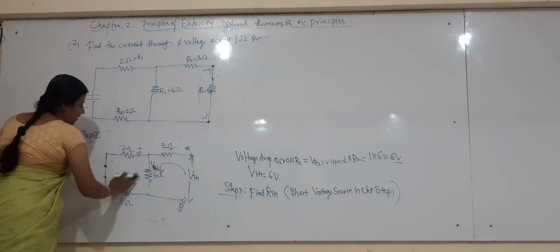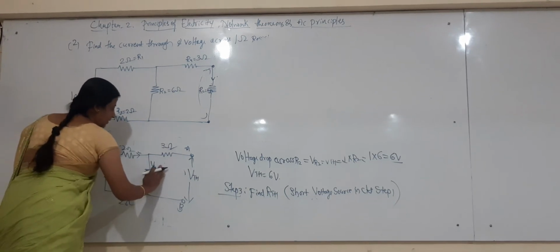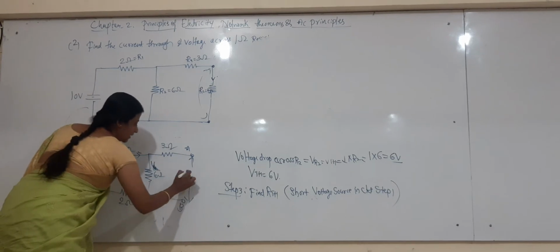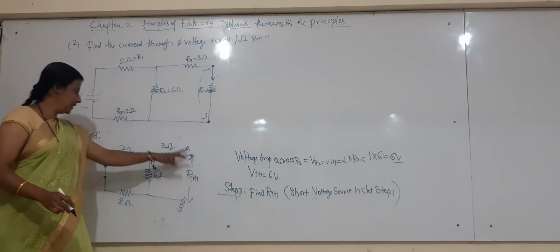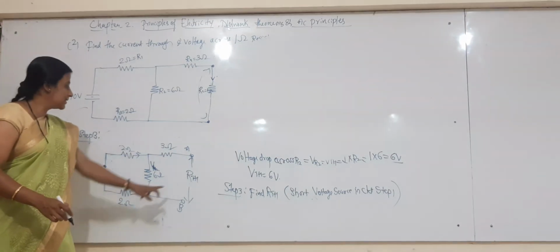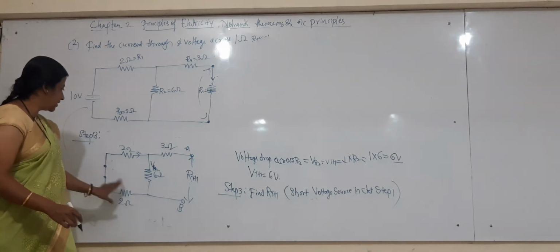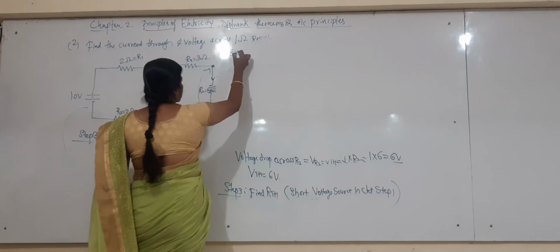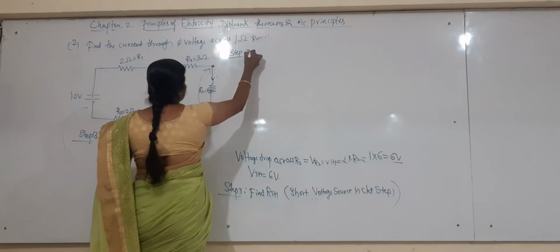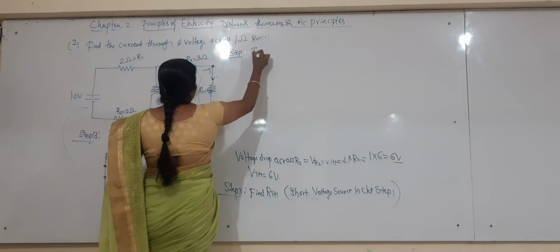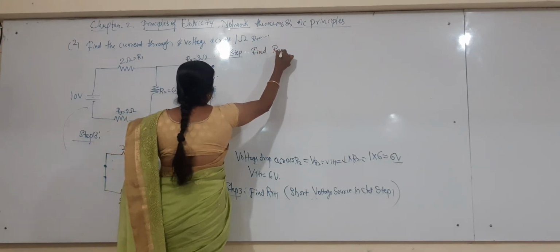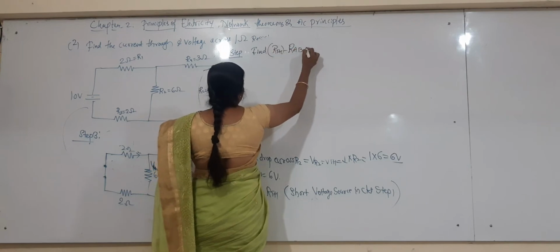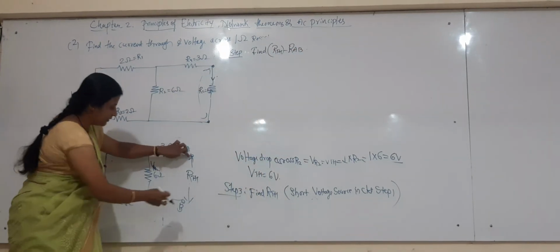Then, when the circuit looks like this, next we have to find the RTH between the resistors. The circuit reduces like this, connected this way once we have shorted it. Now find the RTH between A and B. So step 3 is to determine RTH, also called RAB, the effective resistance between A and B.